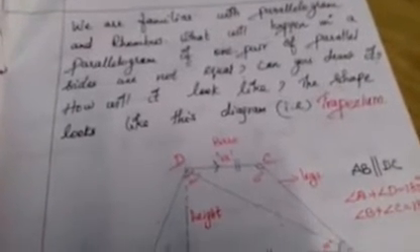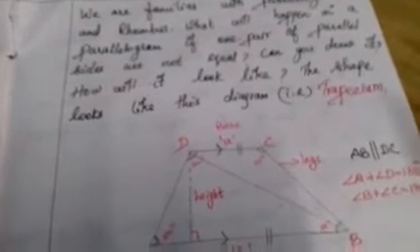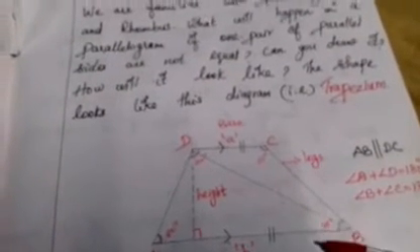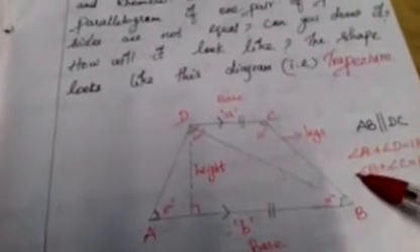What will happen in a parallelogram if one pair of parallel sides are not equal? Can you draw it? How will it look? The shape looks like this diagram, that is trapezium. This is also one type of parallelogram, but with one pair of parallel sides. See, these two lines are parallel. Another pair of sides are non-parallel. That is called trapezium. Simple.